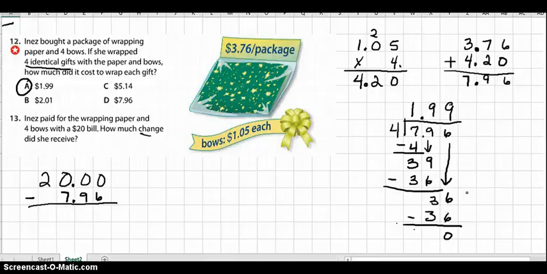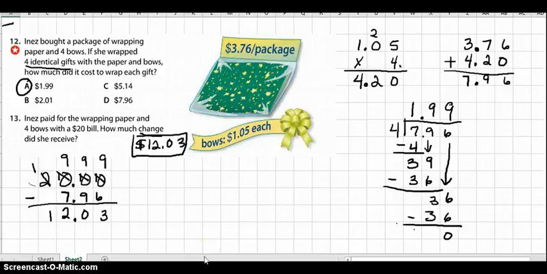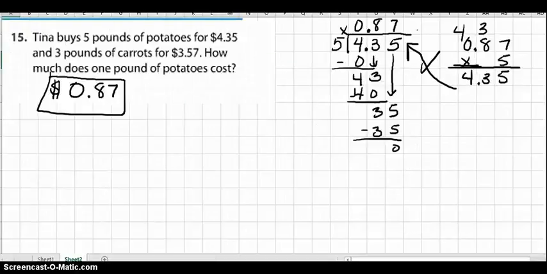Inez paid for wrapping paper and 4 bows with a $20 bill. How much change, that tells us to subtract, did she receive? Well, she had $20, and we knew that she spent $7.96. So I subtracted and got $12.03. And here's the last